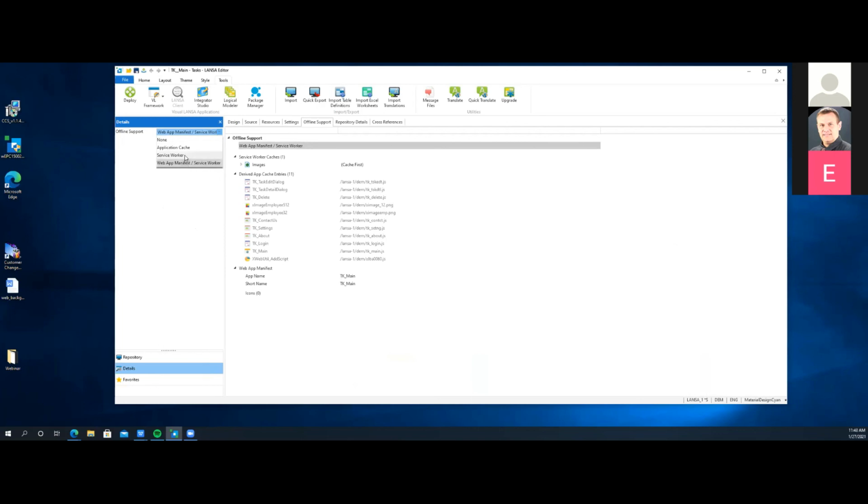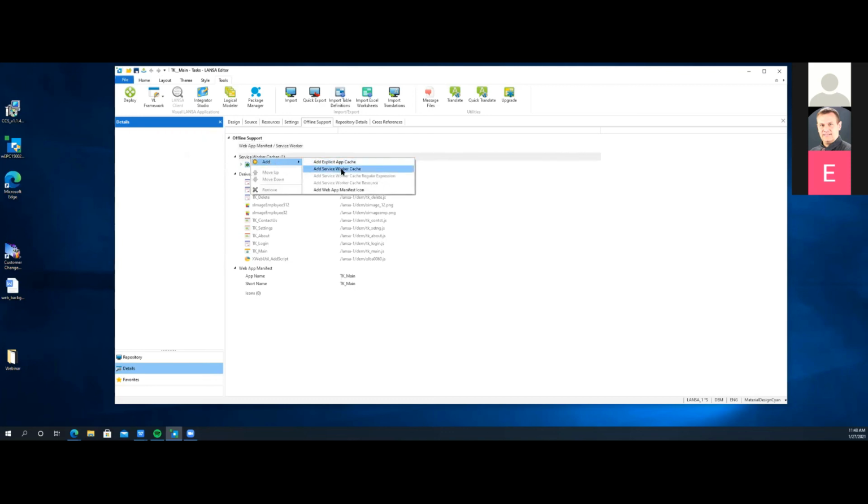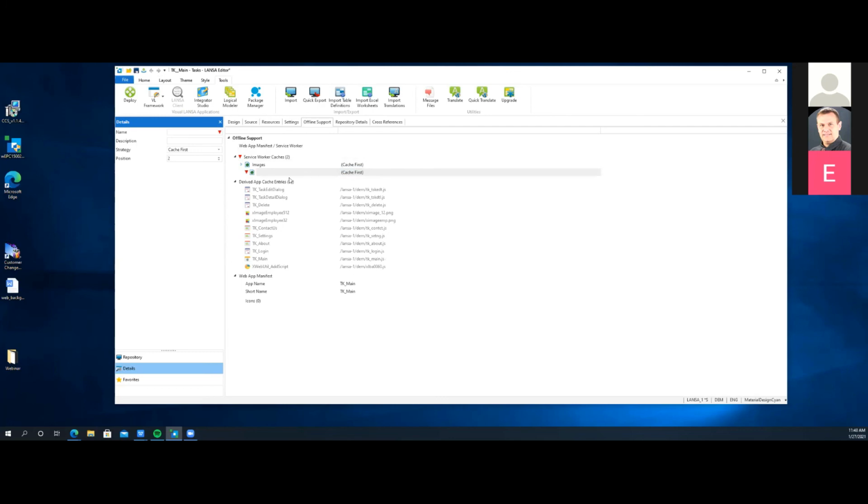If you do not want your application installable, we provide the option of just being able to add in resources to the cache storage and so forth, so that you do have those things available within those low to no network connectivity areas. So once I select web app manifest, service worker, then basically I'm able to add in a cache. So if I right click, I can go ahead, I'm going to add a service worker cache, and let's just name this test,